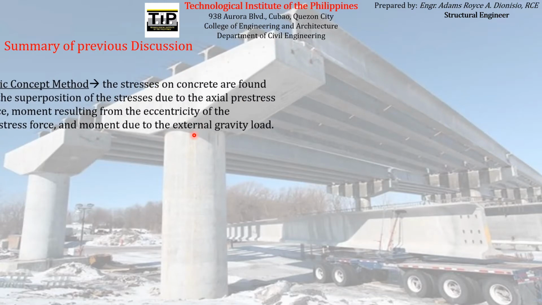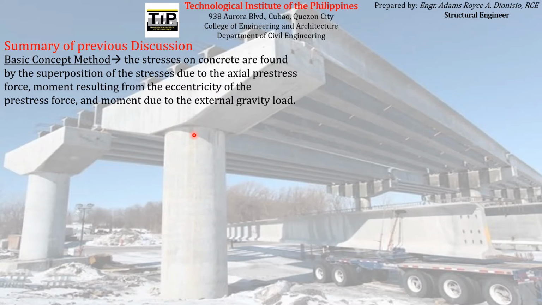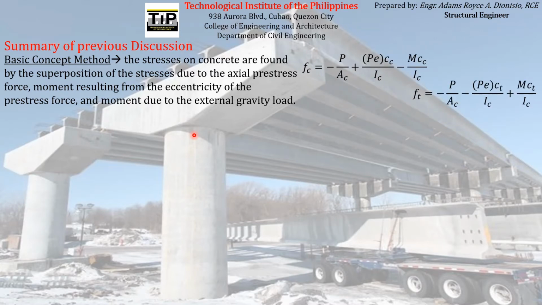The first method that we have studied is the basic concept method, wherein the stresses on concrete are found by the superposition of the stresses due to the actual prestress force, the moment resulting from the eccentricity of the prestress force, and the moment due to the external gravity load. In equation form, this is the formula for finding the total stress acting on the extreme precompressed fiber and the extreme pretension fiber of the simply supported concrete element that we studied from our previous meeting. Although you can also apply this even if it is not a simply supported beam, as long as you correctly identify which are the fibers that are precompressed and pretension,